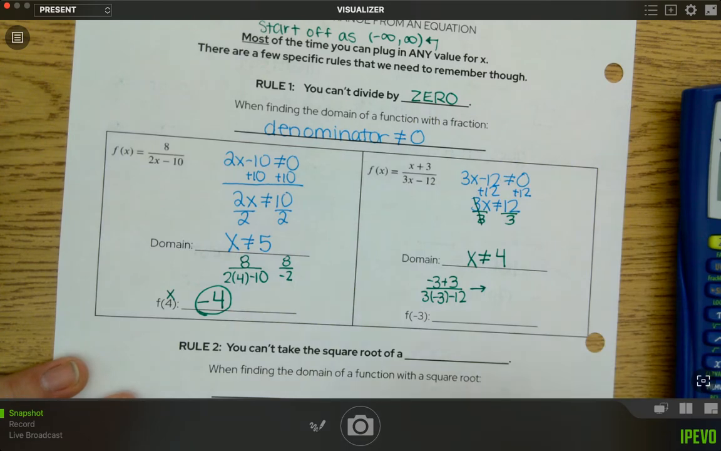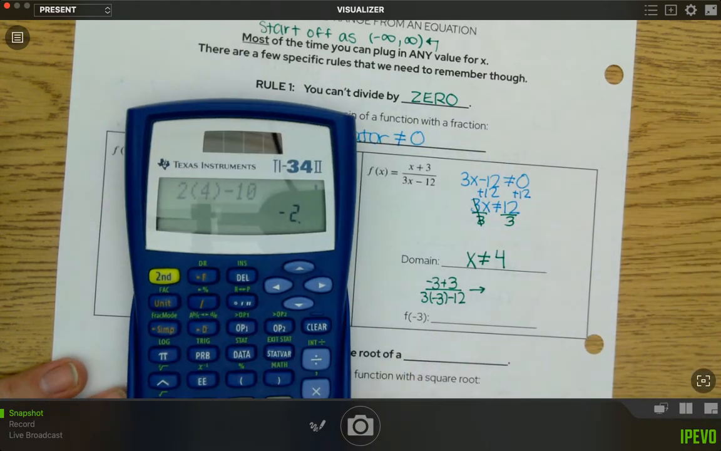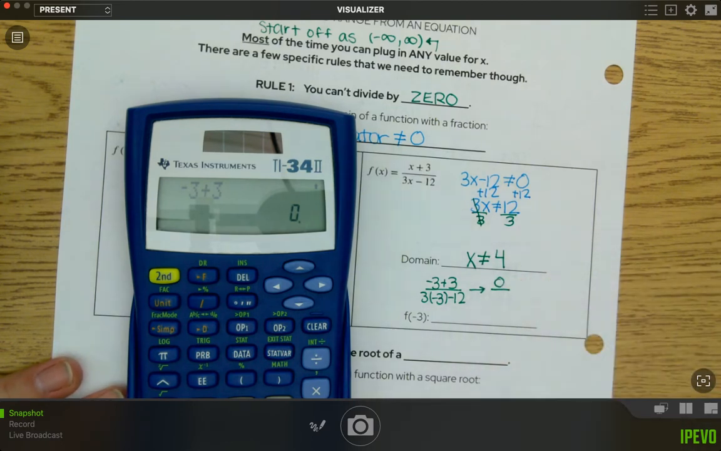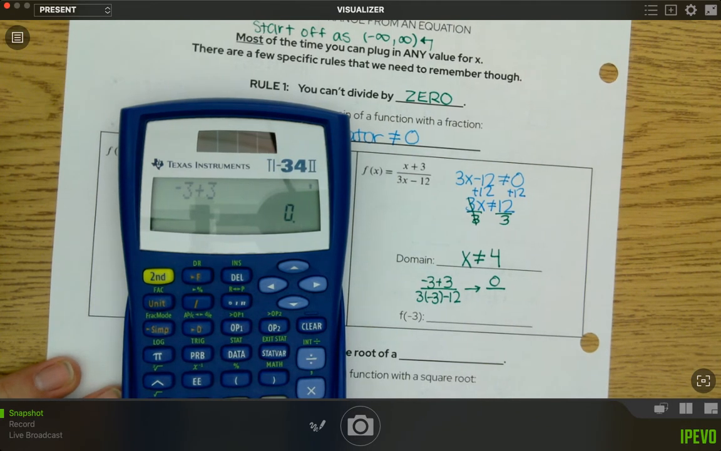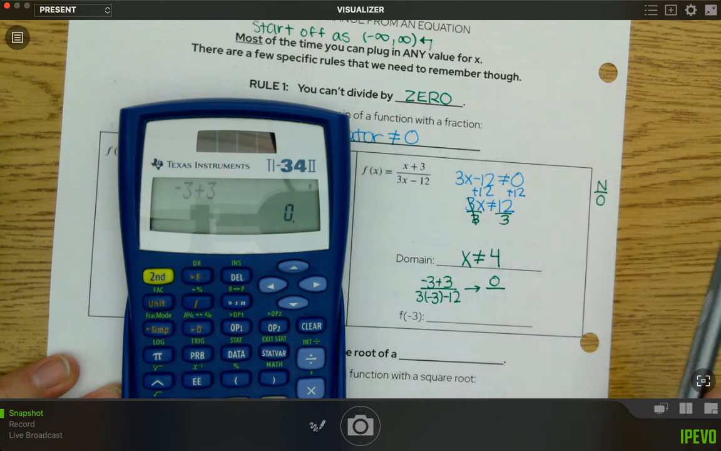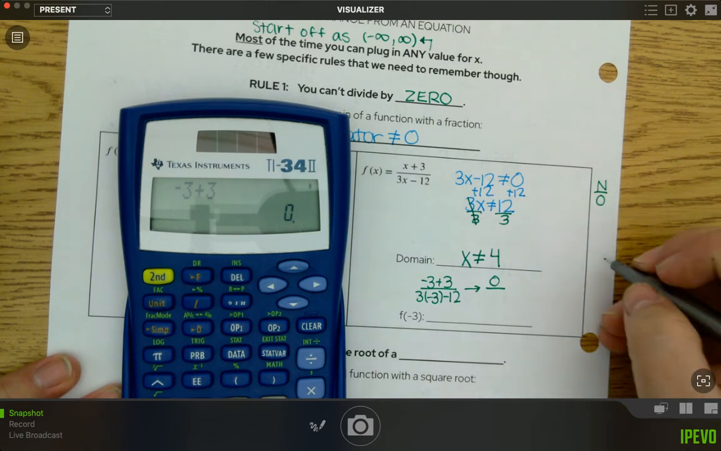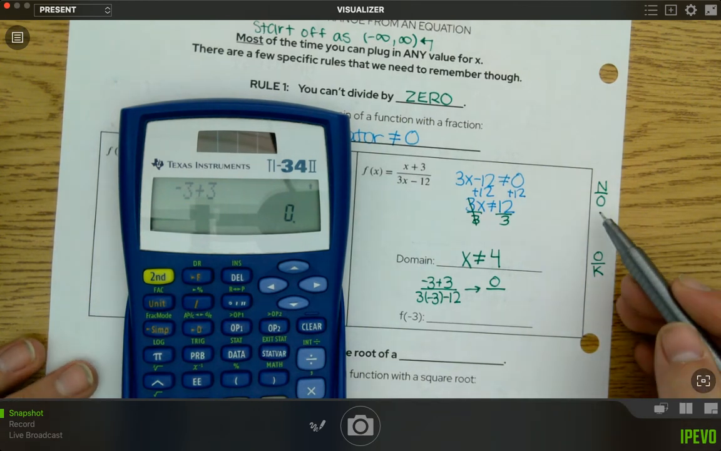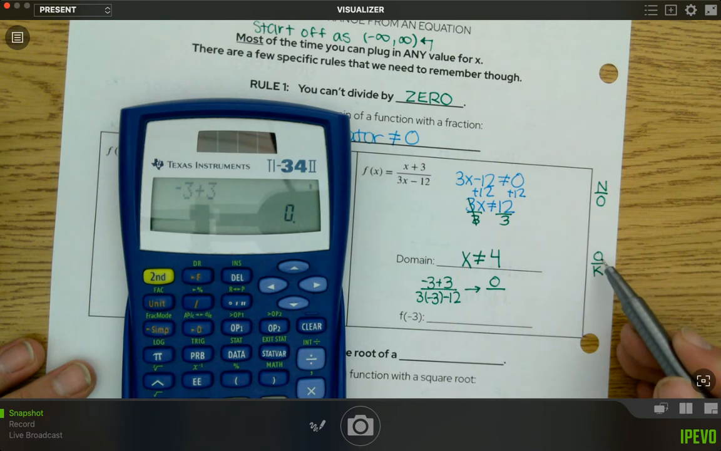Okay, so on the top, it's -3 plus 3, 0. It is okay if 0 is on the top of the fraction, but not the bottom. Here's how I remember that. No, that's not okay. But this is okay. Not on the bottom, okay on the top. Because then